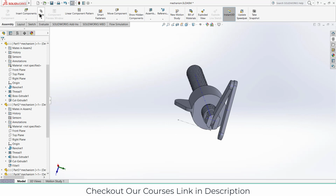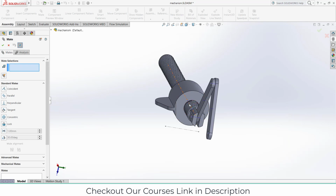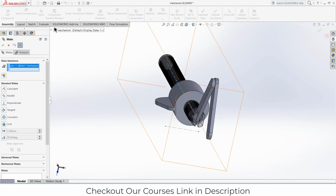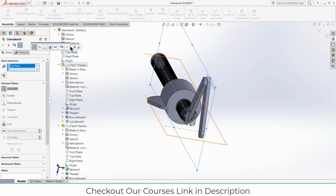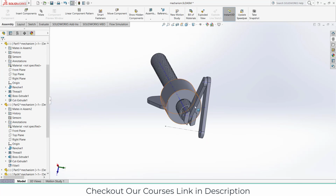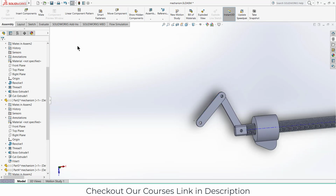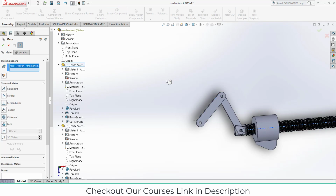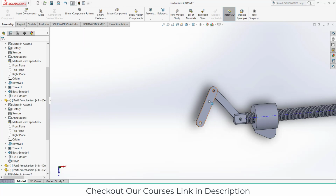And one more thing, just like this face, select this face, oh, this face, select this line, and click on coincident first, and select the top plane. Click OK. So if I try to rotate it, okay, one more mistake. Let's make it correct. Select the front plane. Click OK. So if I try to rotate it,